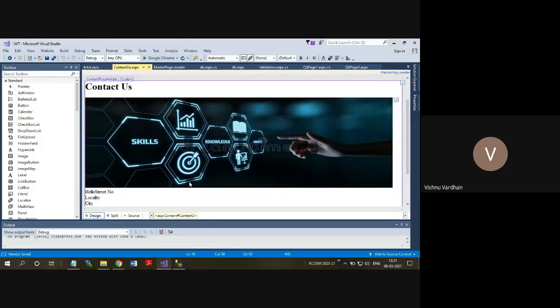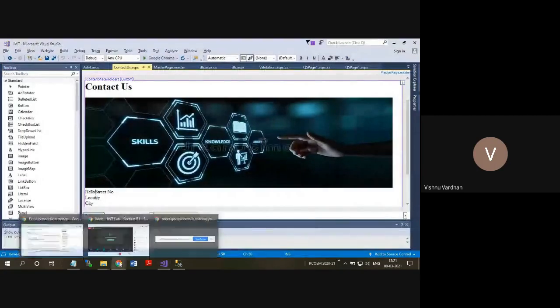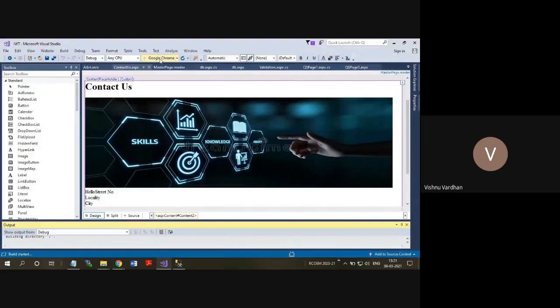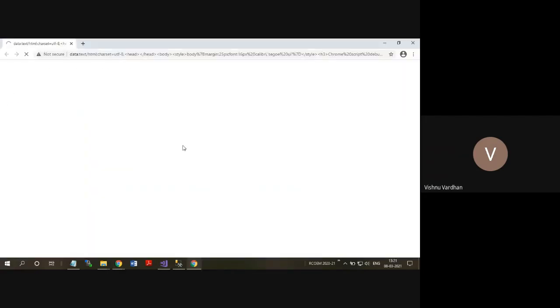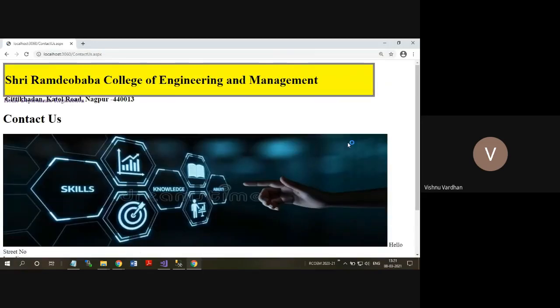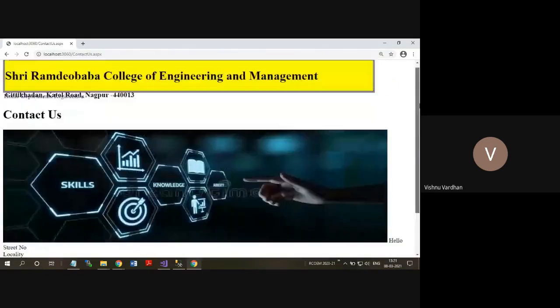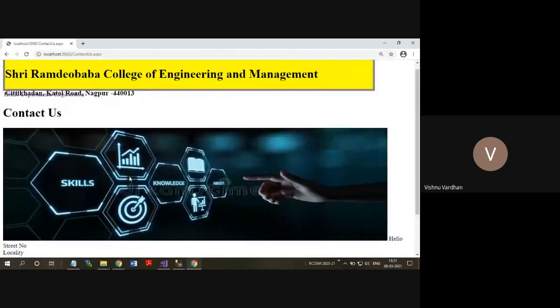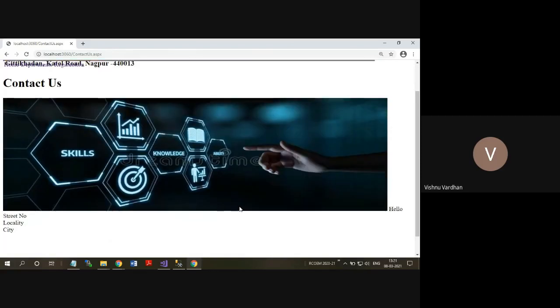So in that way, we can register our user controls, and when you go to this page, the user control information is simply printed on the page. So what is the advantage of these user controls? Some repetitive functionalities wherever you are having in all the pages, those functionalities can be simply converted into user controls and they can be called according to your convenience.